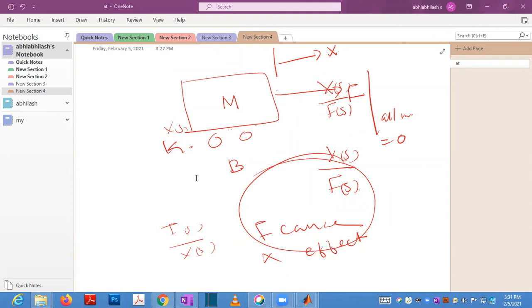So Praveen Ganna, the transfer function between x of s to f of s is.